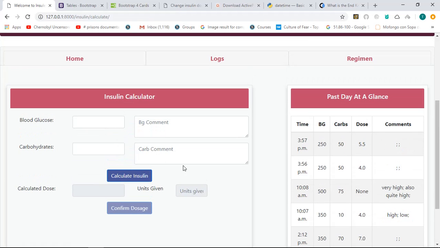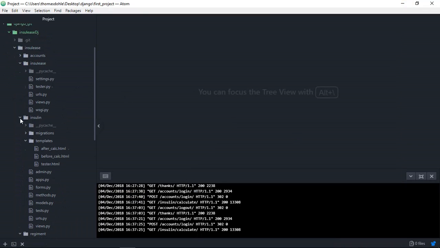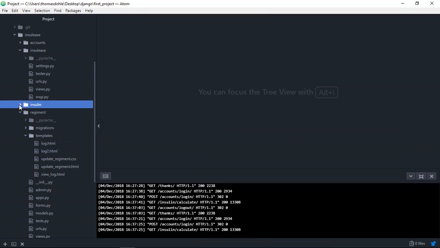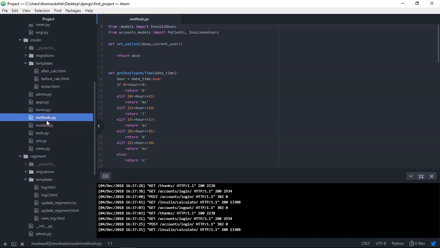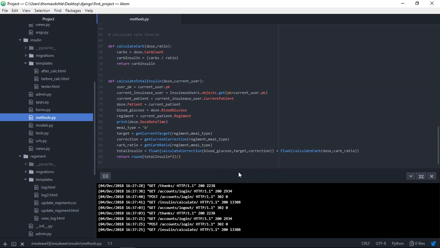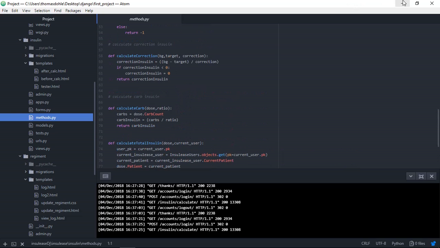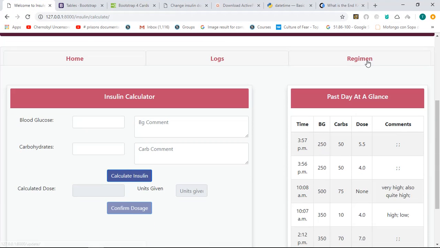So how does this calculation actually work? Well, if we go into the code and I go into my insulin here, there's actually a fairly complex Python method here that has a lot of different functions that essentially Deborah was able to write up for us because she has experience with this, but based on a lot of factors that the user enters, there's some math that happens and it sort of spits out a number. So let's take a look at those factors before we actually calculate a dose. So if we go over here to the regimen tab,